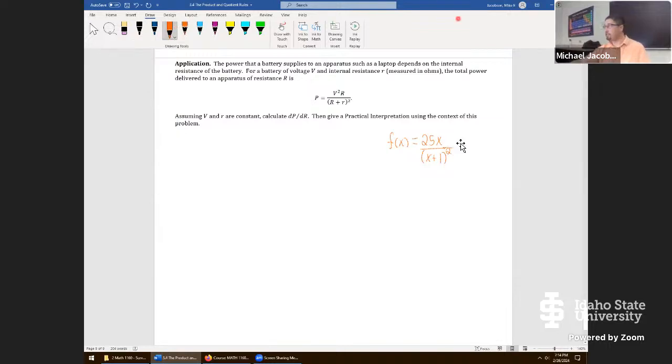Let's actually do it. Let's calculate the derivative on this one, and we'll come back to this one and show how to do it if this was all we were looking at. First thing you need over here is a quotient rule, so we'll set up this way. F prime of x equals, we'll take the derivative of the top,